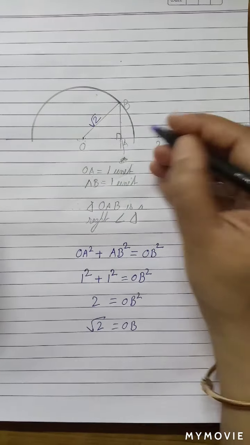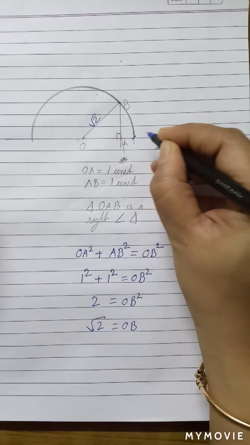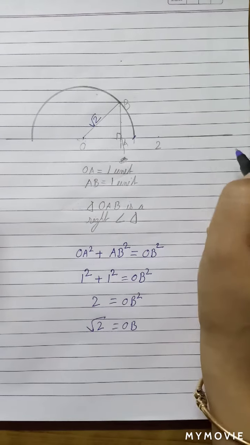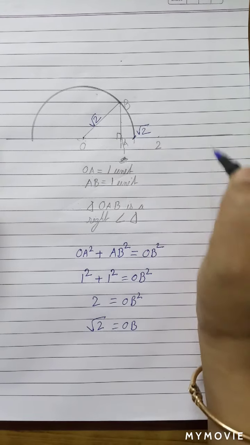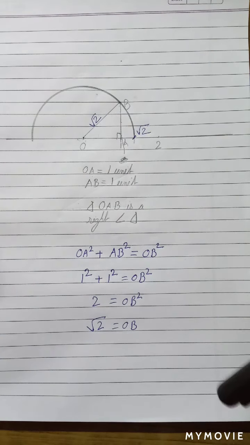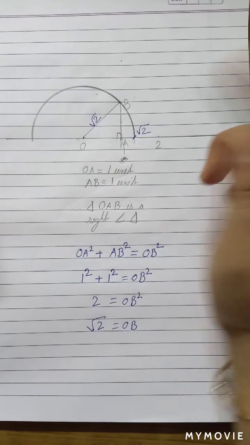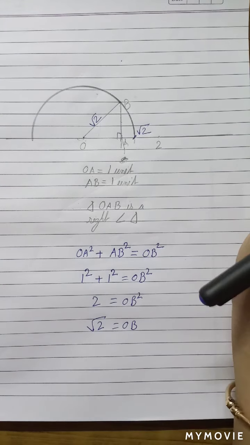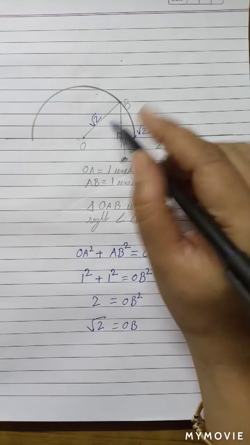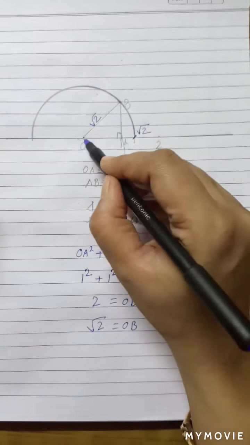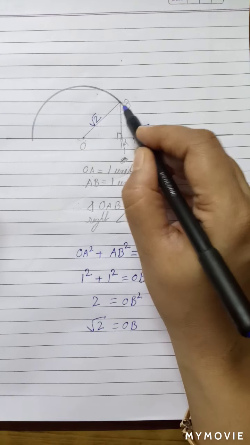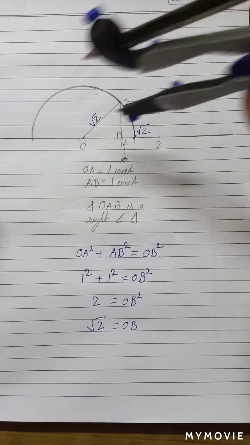Now, this point on the number line is root 2. This point is root 2. Now, the point is, why would you believe this is root 2? This is very simple. We know OB is equal to root 2. We just verified it. Now, OB is the radius. And if we complete this circle,